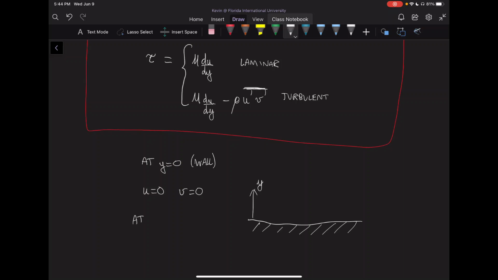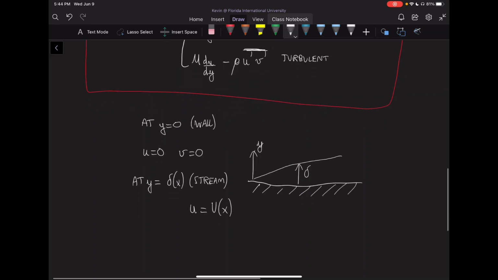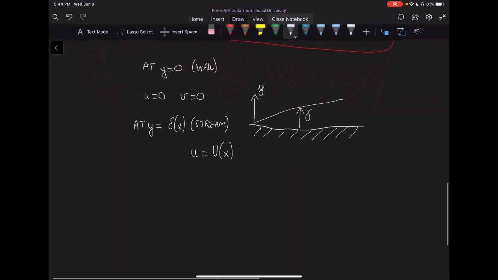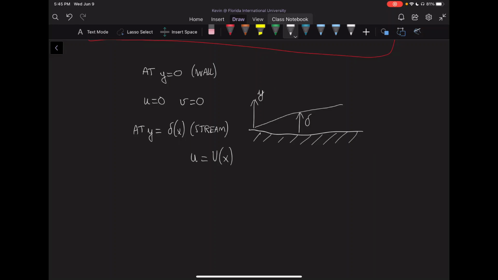At y is equal to delta as a function of x, we know that in our system we have a boundary layer that starts to form as a delta. So y is equal to delta x. In the stream, so this is connected to the stream, we can say that our little u is equal to U infinity. So, doing some further derivations,